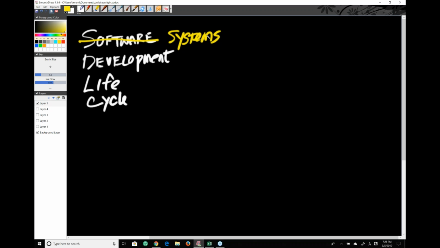In the systems development lifecycle, so this is, inception of an idea for a system, all the way to developing it, using it, and tossing it away at the end, right? At the end of the life cycle. So it's a life cycle, complete life cycle. And the steps are: